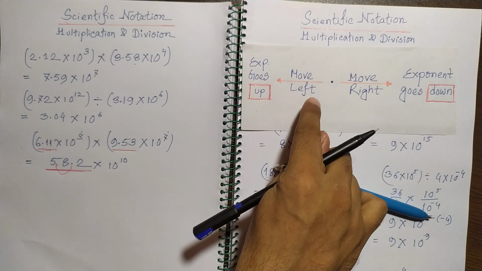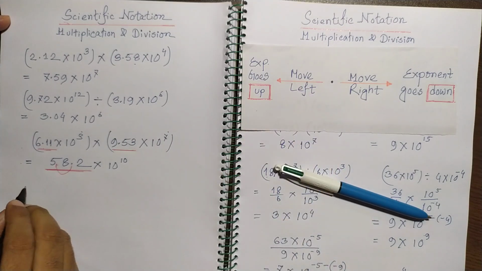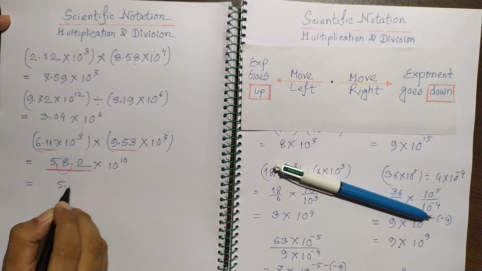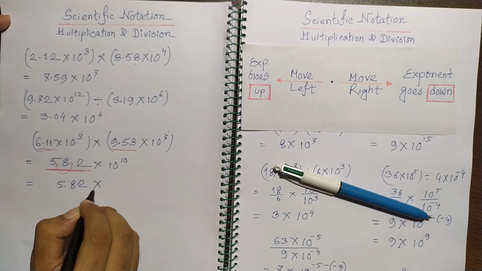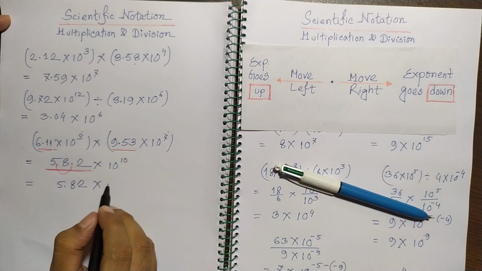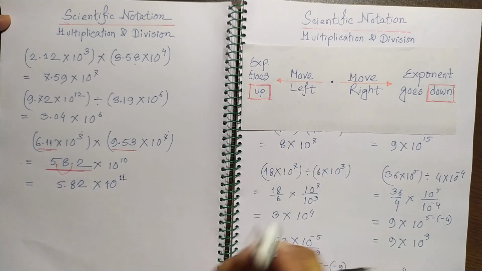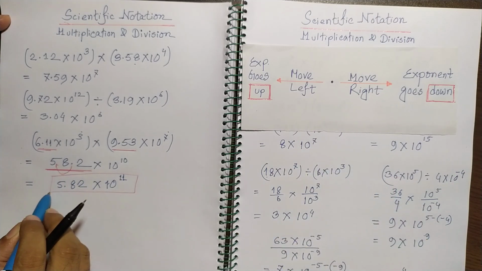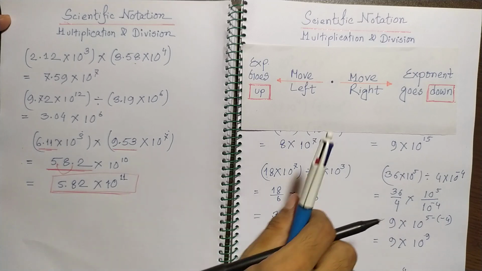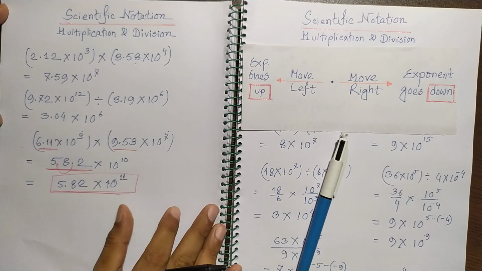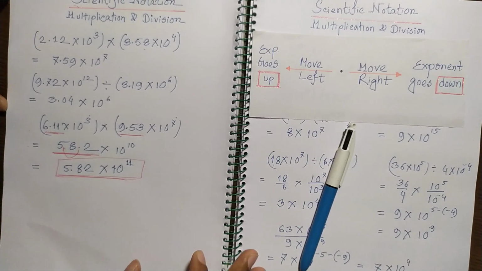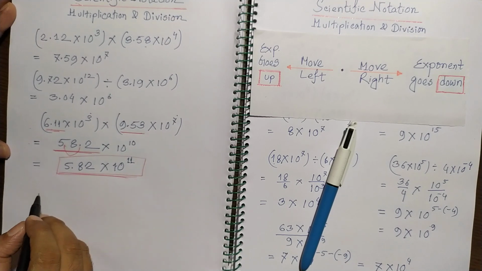So what to do in case of moving left side? So we are moving to 5.82, so the exponent goes up, so here it would be 10 to the power 11, and this should be the answer properly, and this is the process of showing the scientific notations. The last case, in case like you see that